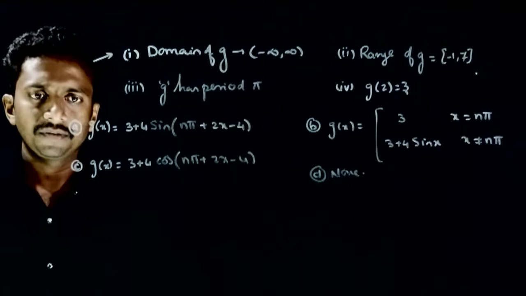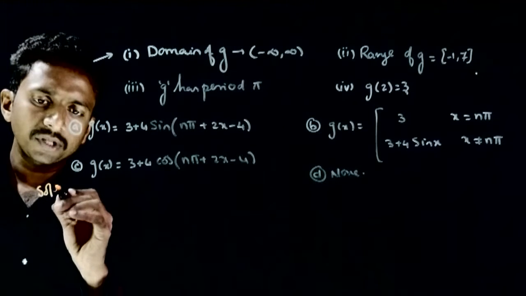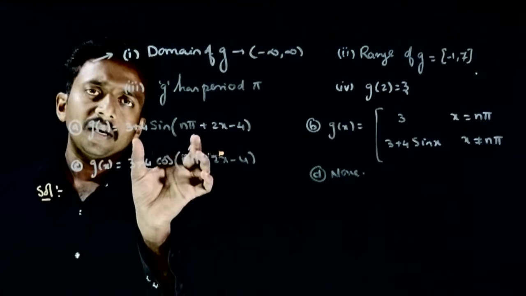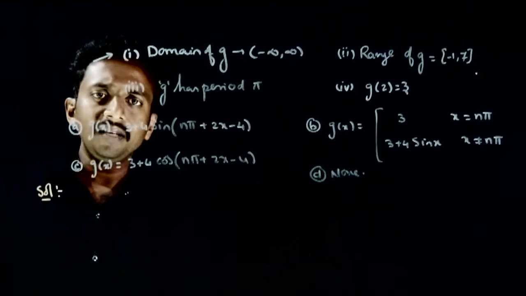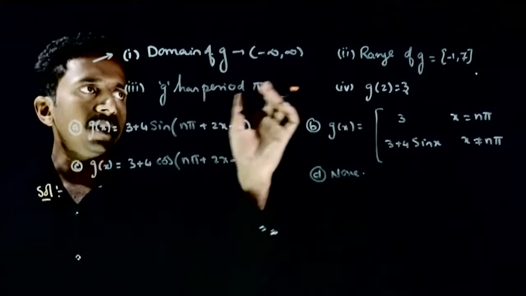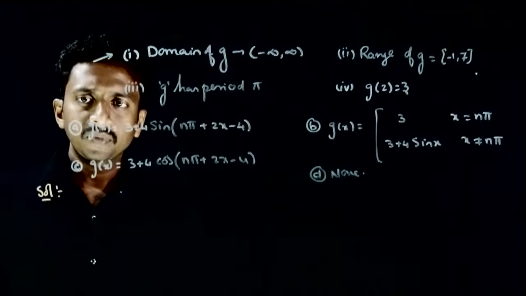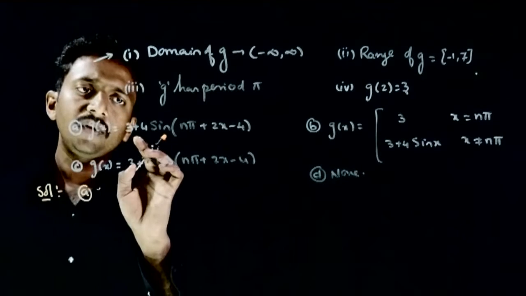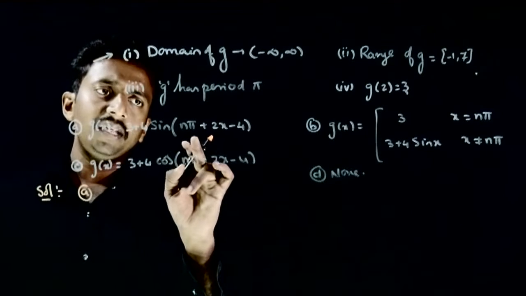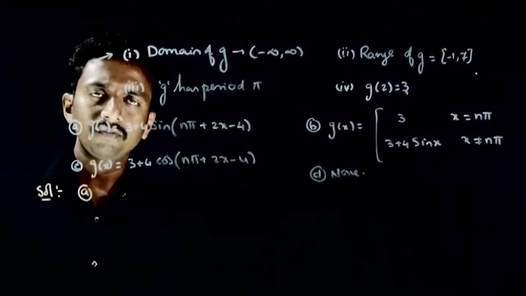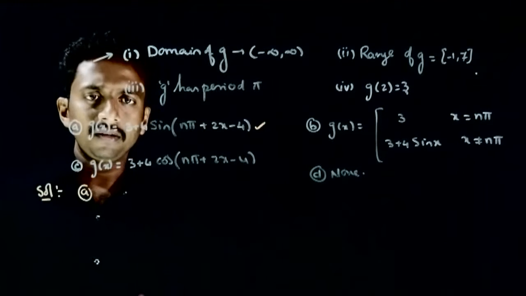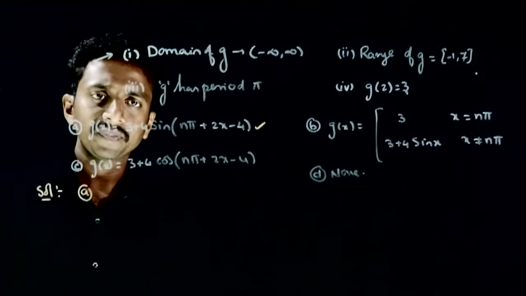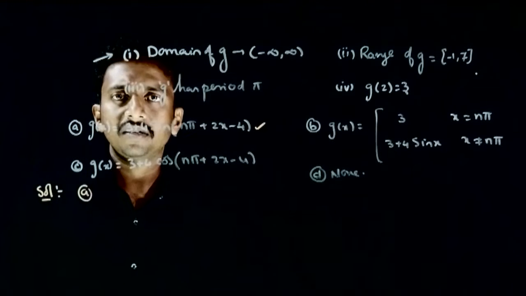So that's what you need to observe. इसमें आपको चार ऑप्शंस दे दिए। So you need to just take function by function and see whether each function satisfies all the 4 conditions or not. So first function. So let us take the first function. g of x is equal to 3 plus 4 sin(nπ + 2x - 4). बड़ा फंक्शन है, but a very simple function. A simple trigonometric function और ज्यादा कुछ नहीं।